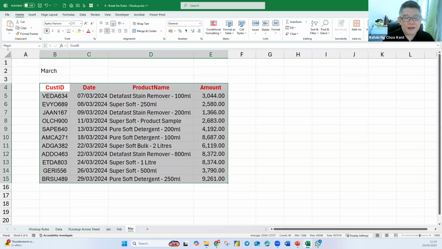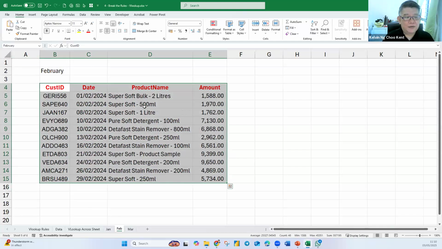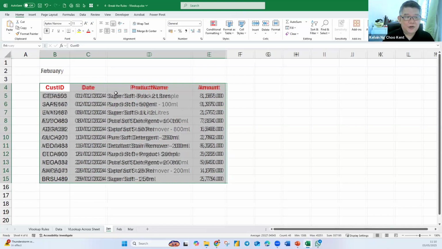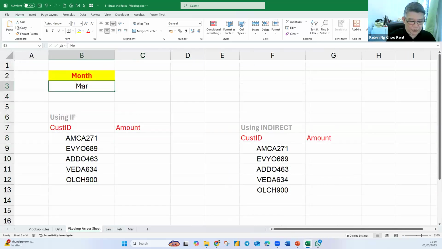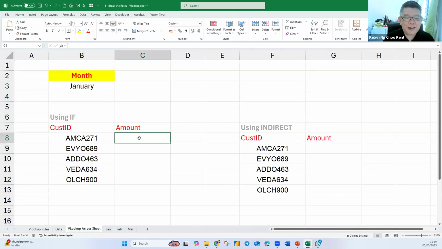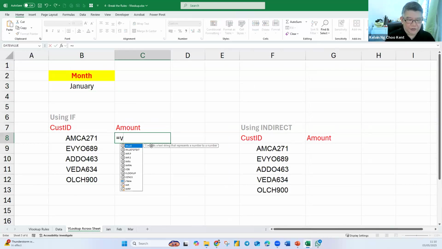Note something. I name the month full. February. This January, I also name it as January, full. So when I want to work on this, I must type here full, January. I cannot use MAR. If I name the table MAR, then that's different, right? So how can I use the if function here in my VLOOKUP? So equals to,